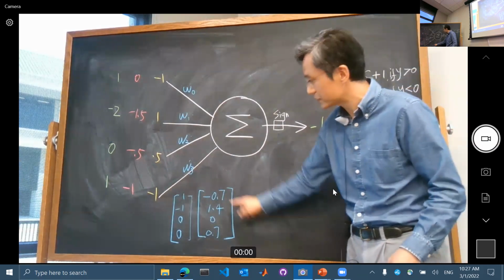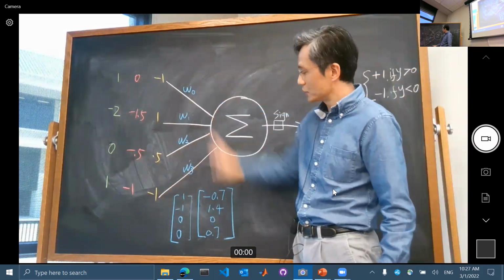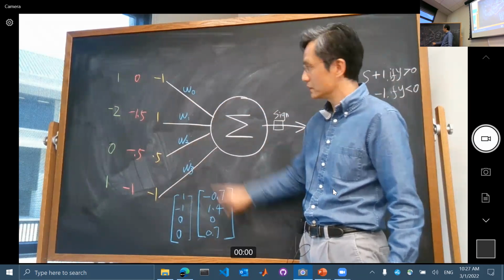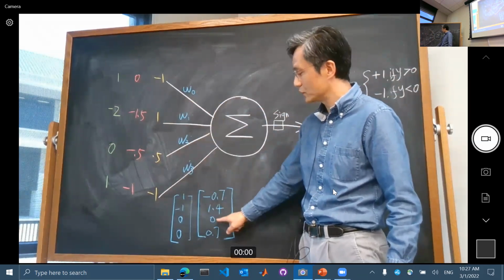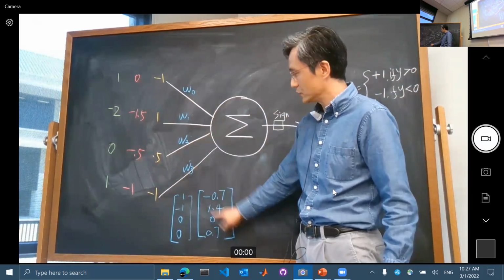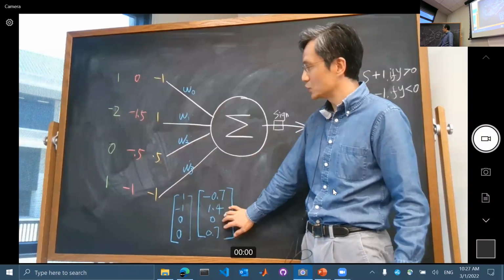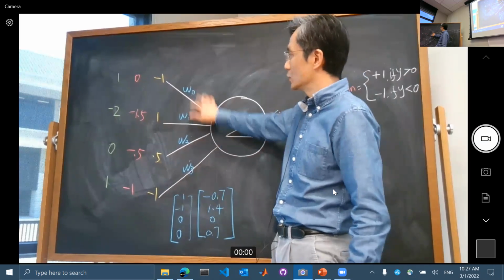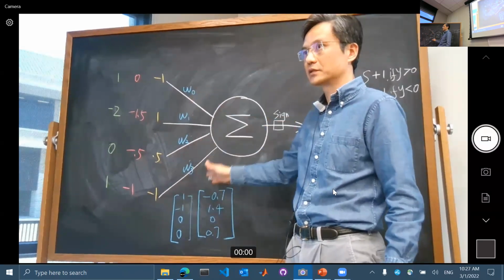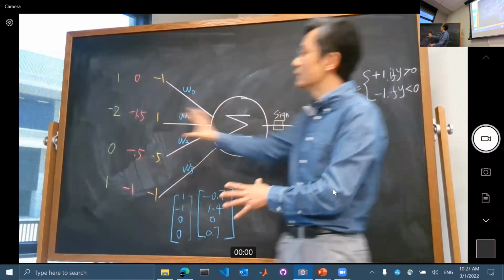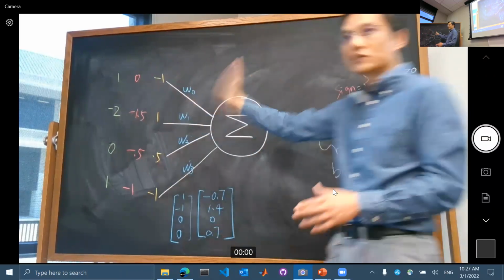You can try this procedure. This vector, W0, is negative 0.7, another one is 1.4, another 2, 0, another 3, 0.7. This is a solution to set up the parameters for this particular neuron, and it will make the 3 training data